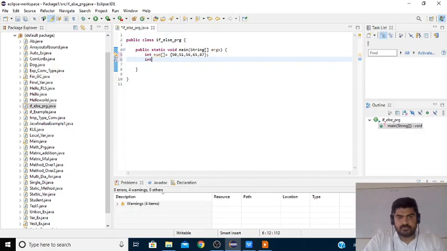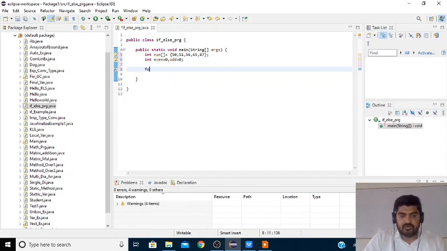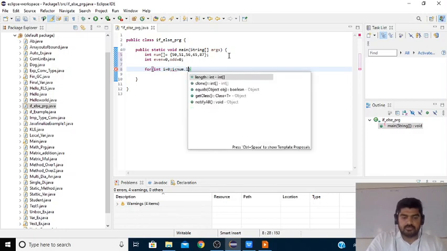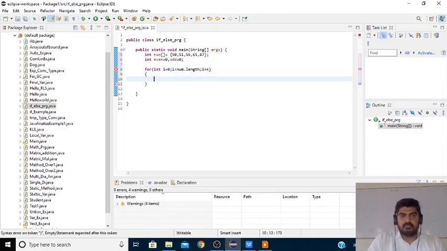Now insert even equal to 0, odd equal to 0. Next, create a for loop: for int i equal to 0, i less than num dot length, which will return the length of the array.